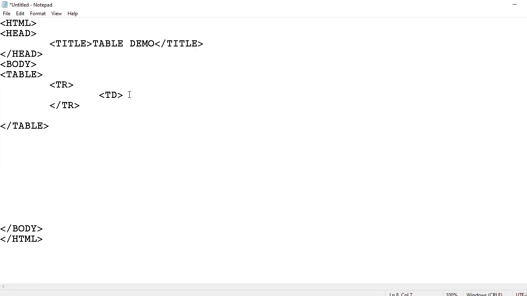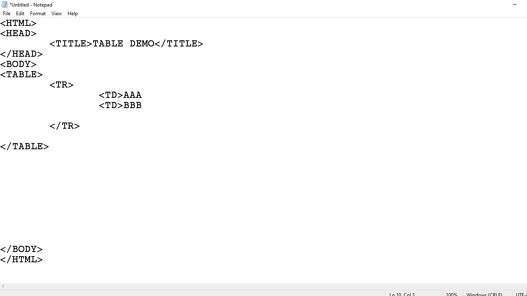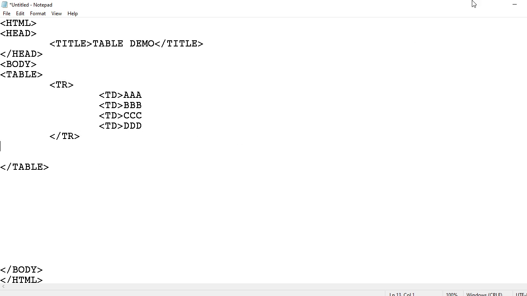TD data A. I do have one more data here, TD B. Then one more here, TD C. Then one more here, TD D. Okay. So my first one is created.